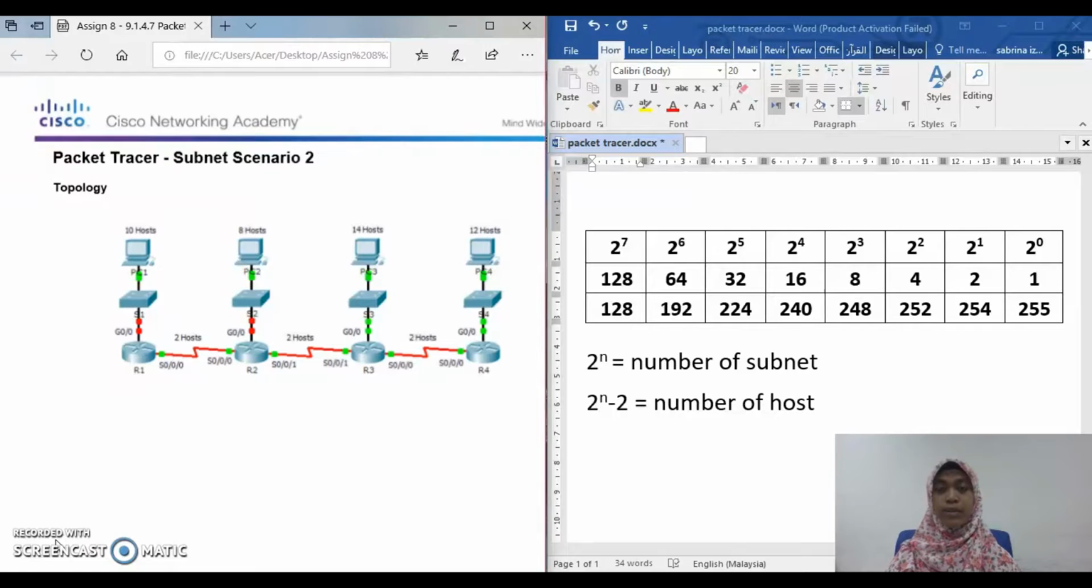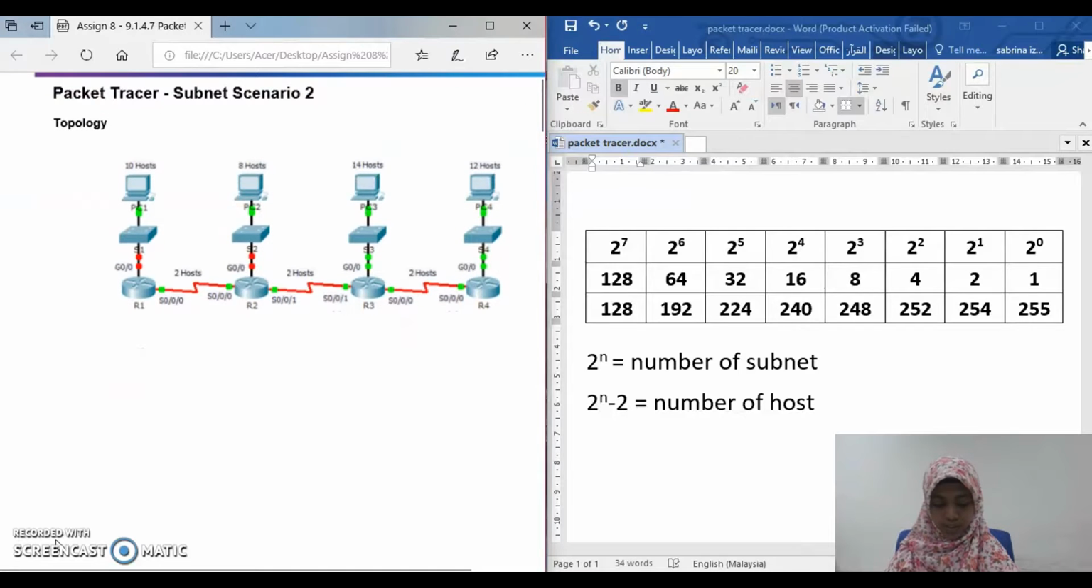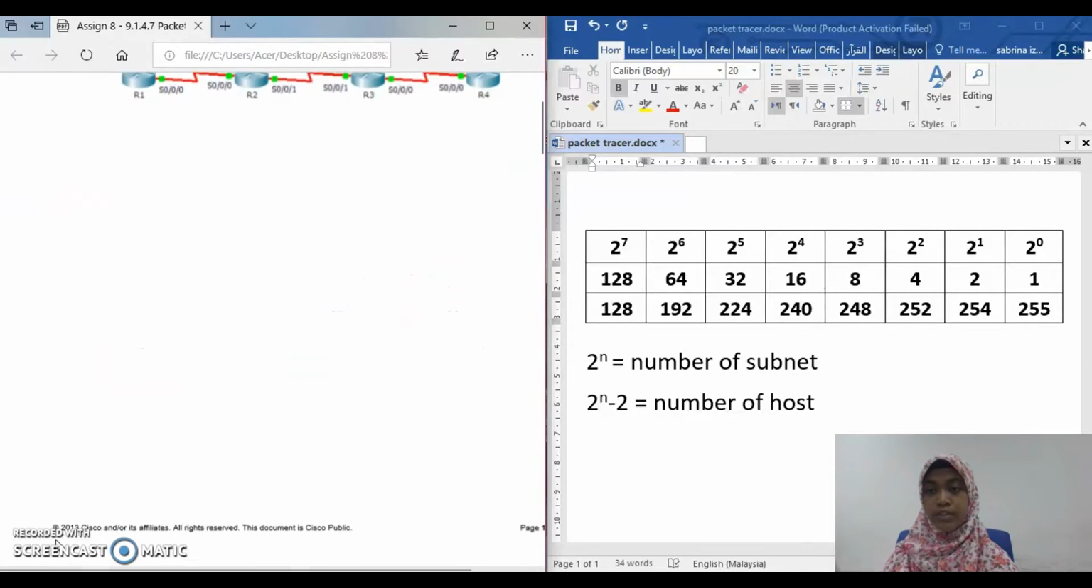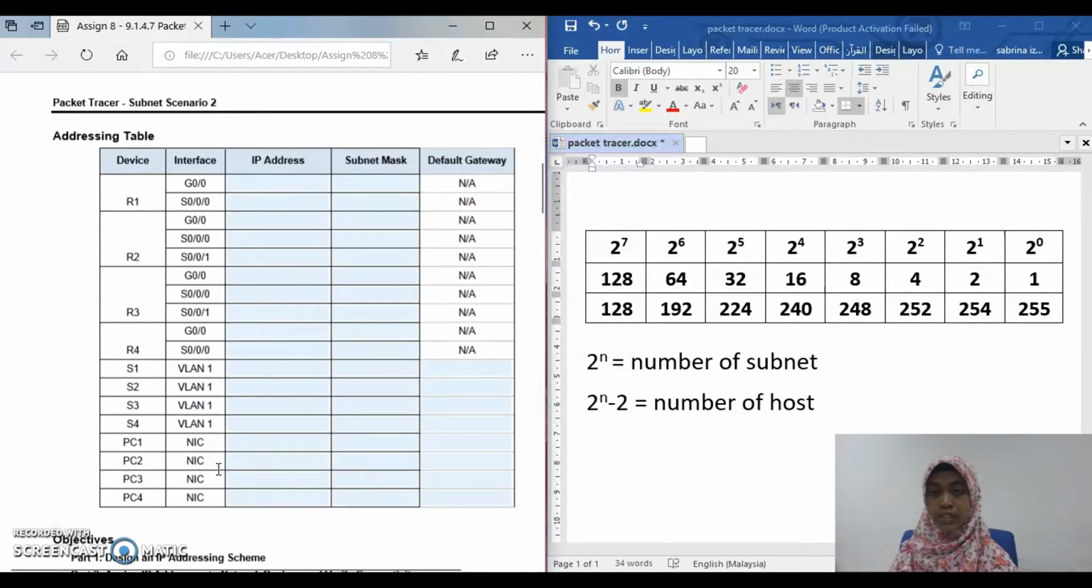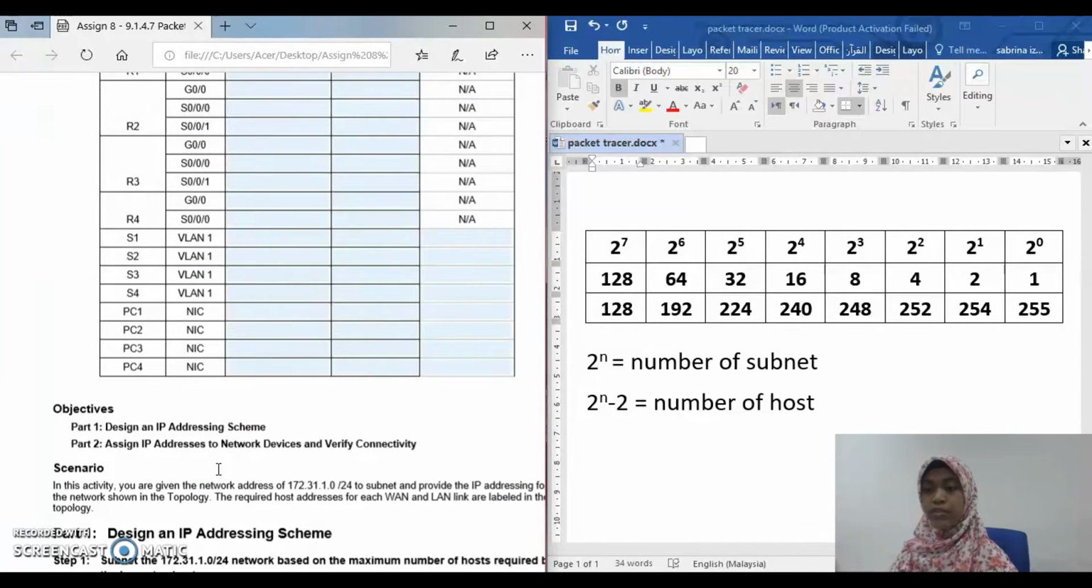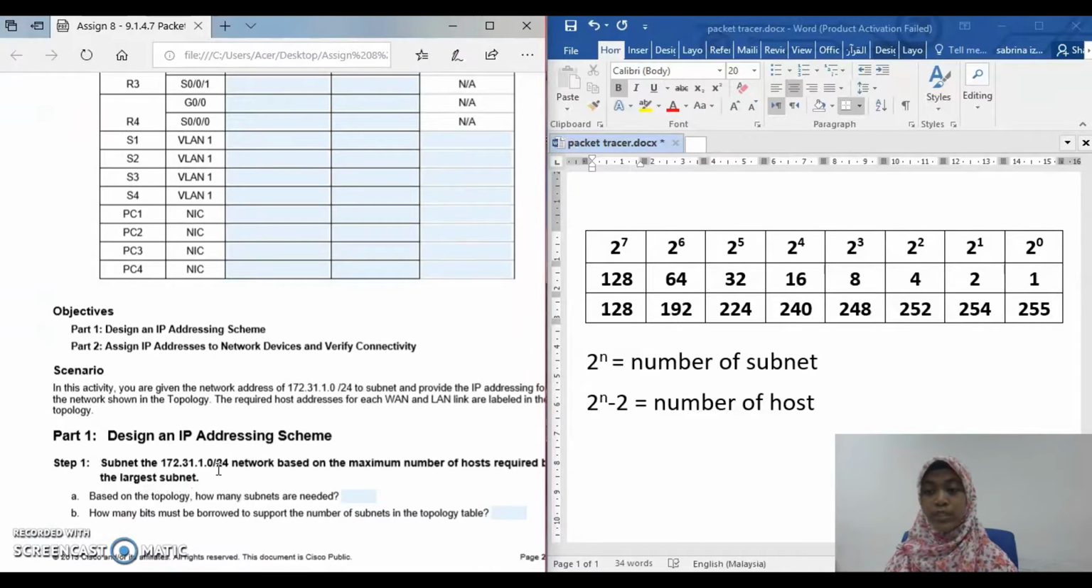Today we are going to see the Packet Tracer activity, Subnet Scenario 2. Here we can see our addressing table, and the addressing table is incomplete, so we will complete it. For the objective, part 1, design an IP addressing scheme, and part 2, assign IP addresses to network devices and verify connectivity. For the scenario, in this activity, you are given the network address of